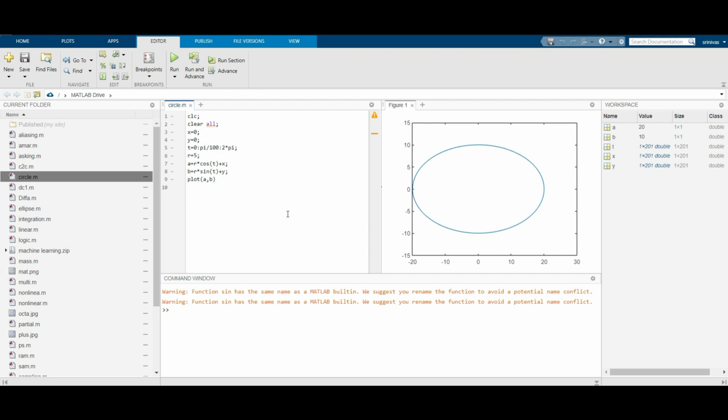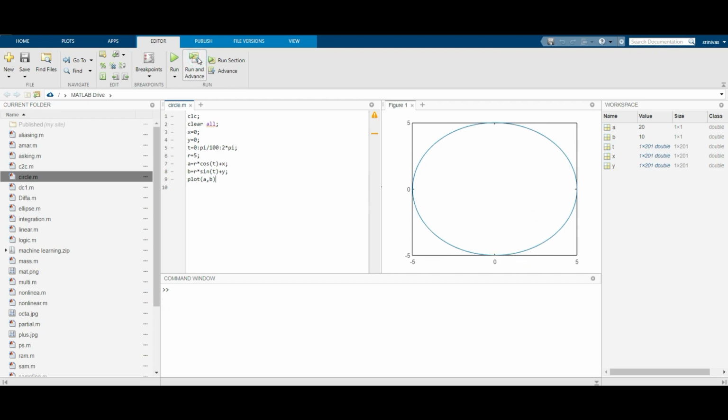So to avoid the complication of the program, we are going to use the trigonometric functions to avoid the complication and to get simple and smart ideas. By an easy way we are going to get this one. While executing this one, we are going to get a perfect circle having a radius of 5.